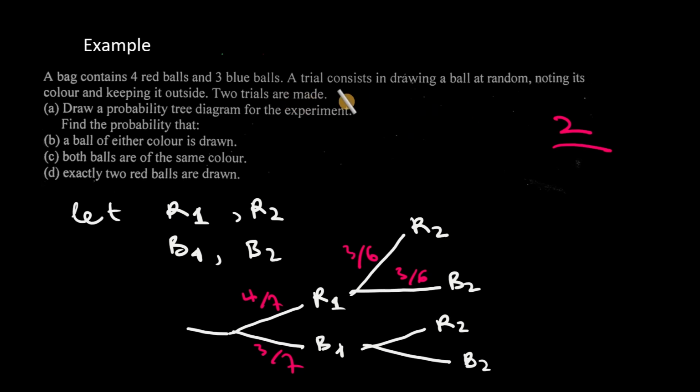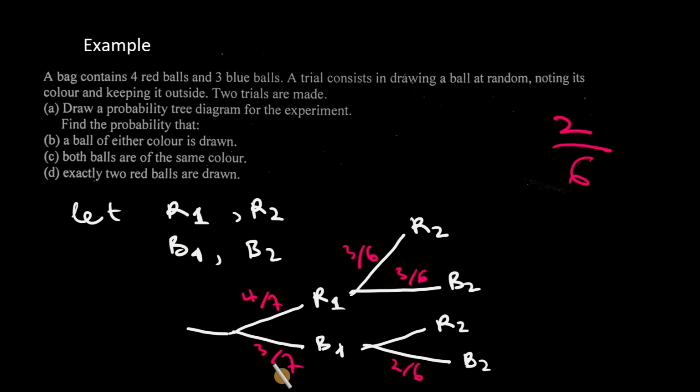That was the condition. So if I remove a blue ball in the first trial and I kept it outside, going for the second time, there will be 2 blue balls remaining, not 3. And that means the total number of balls remaining will be instead 6. So it means the probability of a blue ball in the second trial will be 2 on 6 here. That is in the condition that I remove a blue ball in the first trial,